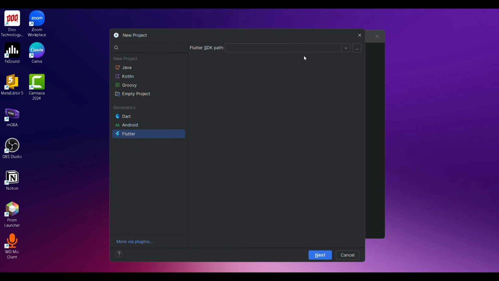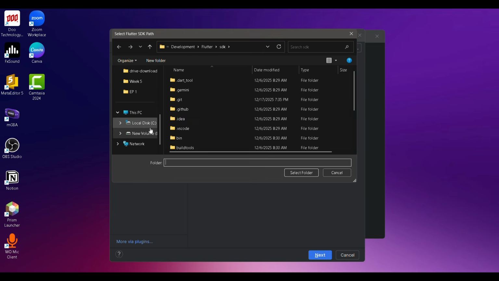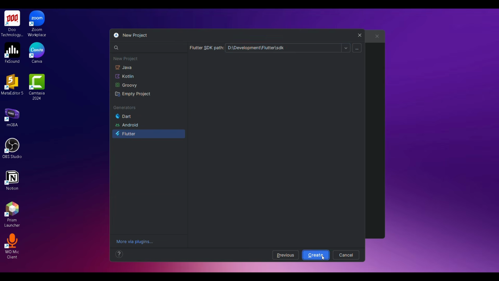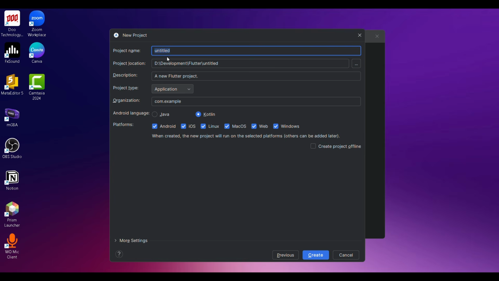Your Flutter SDK path should be the path where you extracted your Flutter SDK. So I've extracted it over here in Development Flutter SDK. So I will select this folder. Click on Next. You can name your project. I will be naming it my